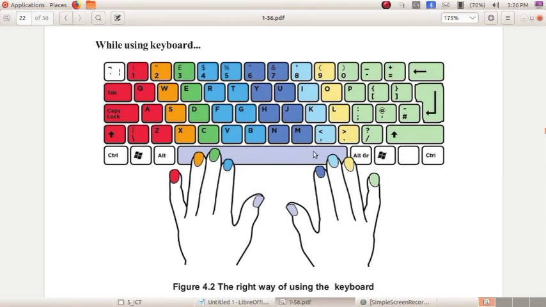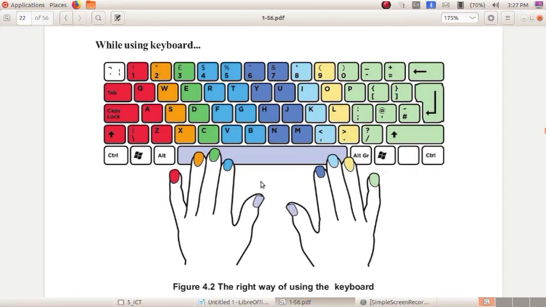This long rectangle is space. By clicking the space bar key, you will get a space in LibreOffice Writer. For clicking that, we could use the thumb fingers of both left and right. We could use either the left thumb or the right thumb.